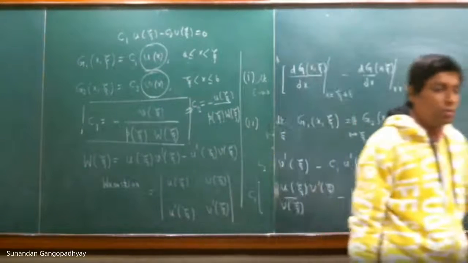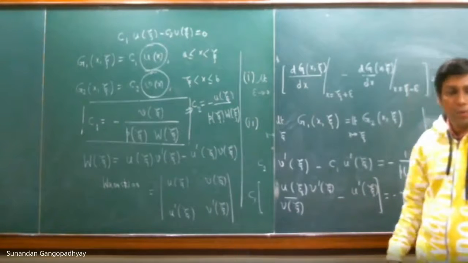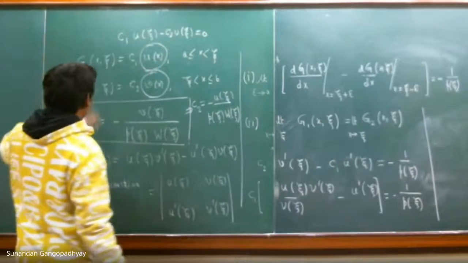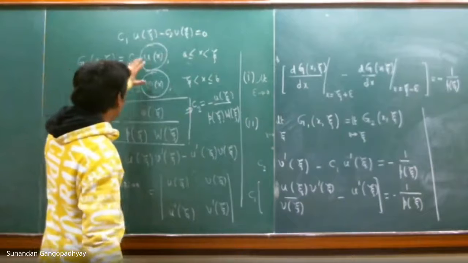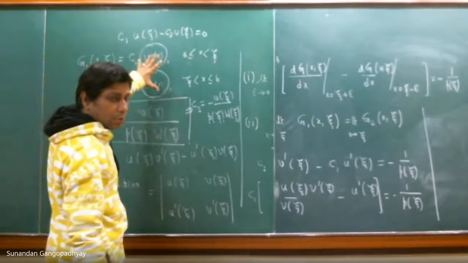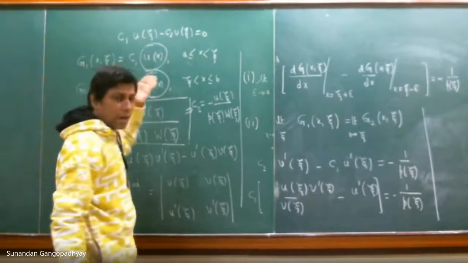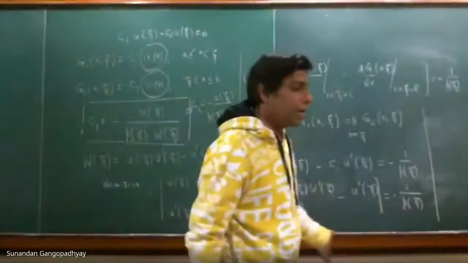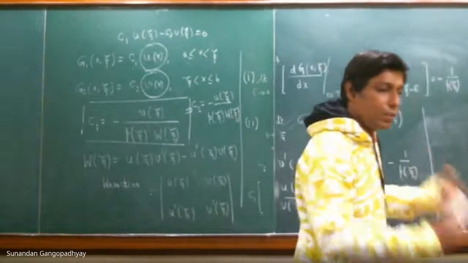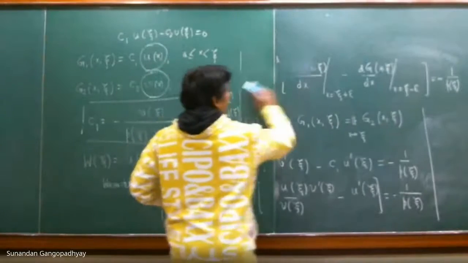This is my advice to you. You should have a fairly good knowledge of what Green's functions are. So now you can see that you have calculated C1 and C2 in terms of the solutions to the homogeneous part of the homogeneous differential equation. And if you can calculate what Ux and Vx are, then your task is fairly simple. You know what G1 and G2 are. Because the Green's function is known, therefore the solution to the non-homogeneous differential equation is also known.